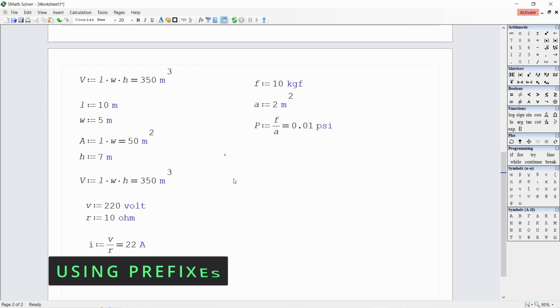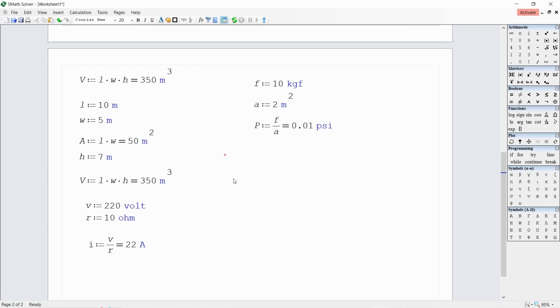When quantities are of large values or contain many digits, it is normal to use prefixes combined with units to minimize the number of digits in our calculations. For example, instead of writing 10,000 volts, we can use 10 kilovolts.